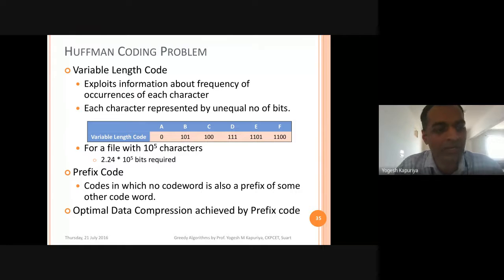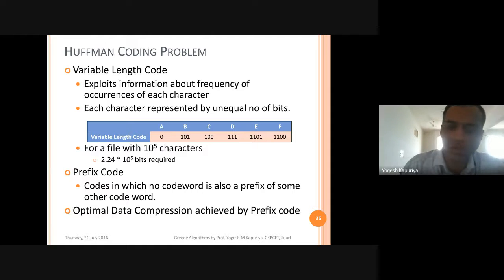But how to generate this kind of variable length code? Because remember, we are dealing with lossless compression. That means we want to retrieve the text back. So we need some sort of mechanism which will allow us to convert this encoded string to the original version, and that mechanism is called prefix code.